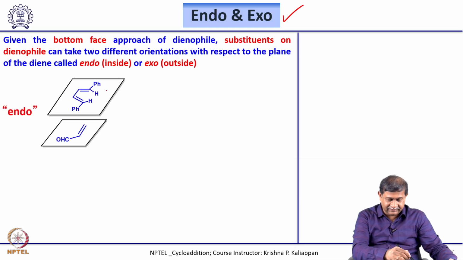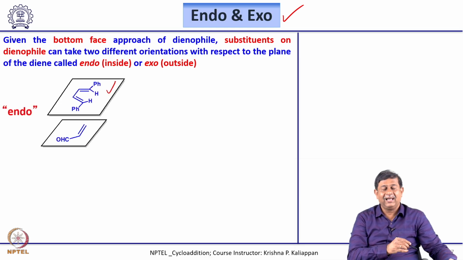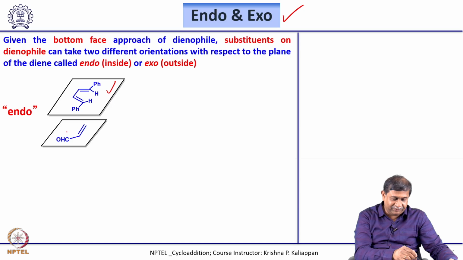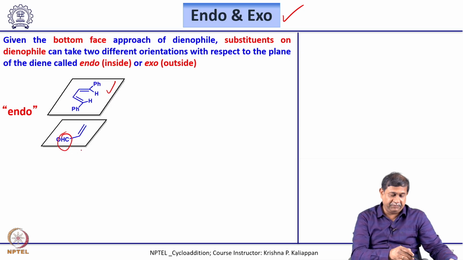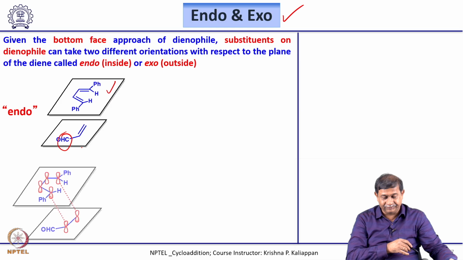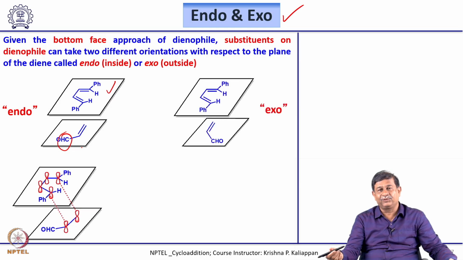Look at this diene, the diene is in the plane. Now the dienophile has a substituent, an electron withdrawing group. This dienophile can be in this orientation,